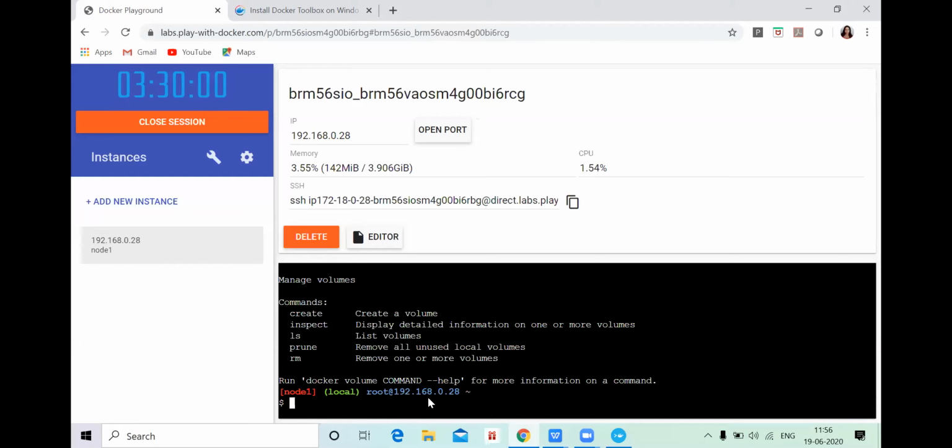Now you can see all the commands here: create, inspect, ls, prune, rm. All these are commands inside volume. If you want to manage your volume, you have to write this. If you don't have this, you have to write sudo docker volume, as it is already present here.